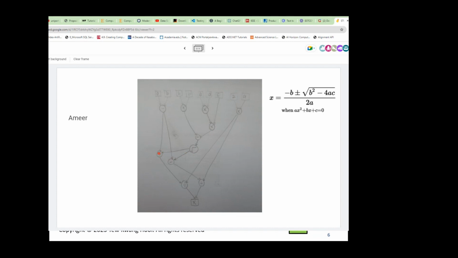So the output is fed as the inputs to the plus and minus operation in parallel with negative B. So it produces the result, which is then divided against 2A. So he decided to have two separate divisions, which is fine, which is correct, because these are two separate operations, because eventually the value will be stored